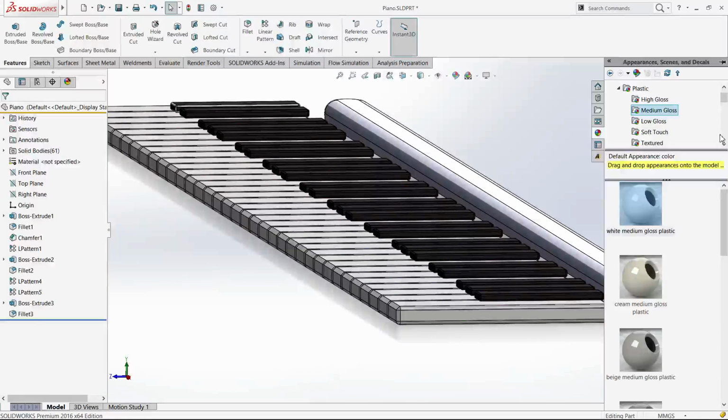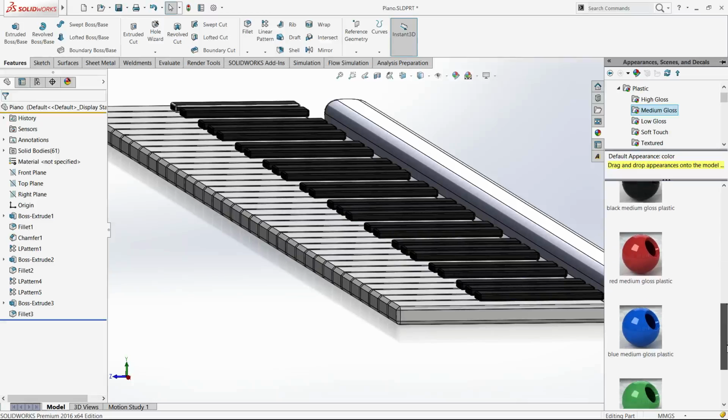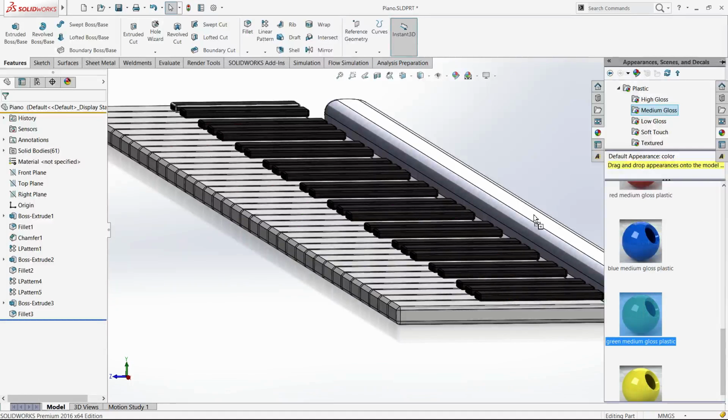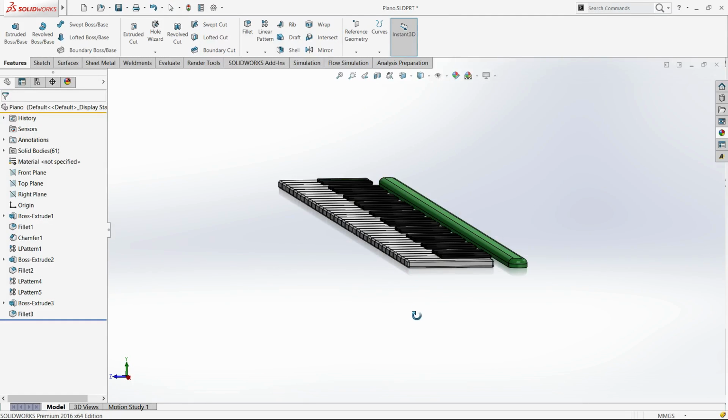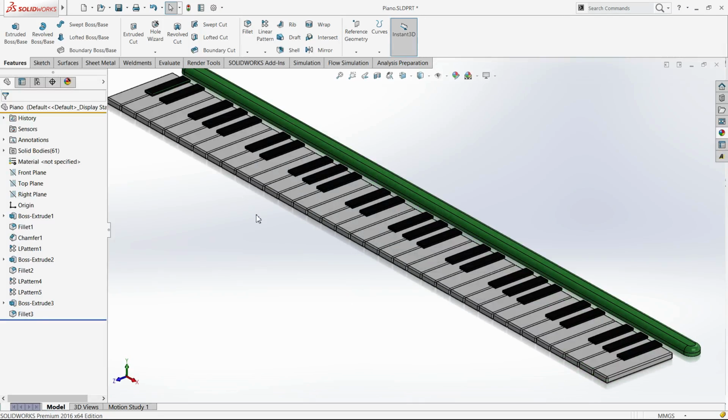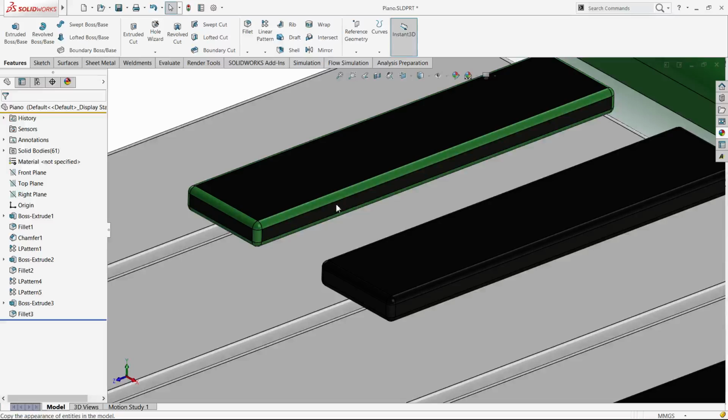And then just select maybe a medium gloss. Okay, let's have it green, a green keyboard. So in this case, I'm just going to say the whole keyboard is going to be green. So I'm going to assign the appearance to that part, so whatever is within the part will get it. And as you see, I forgot to use this to select this feature. So I'm just going to copy appearance and paste appearance on the feature,